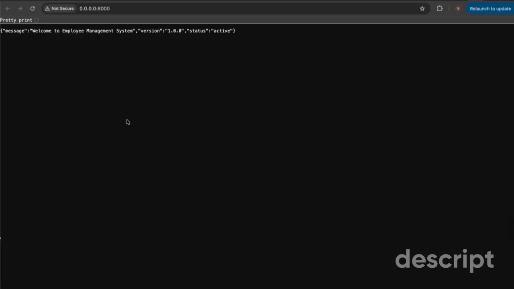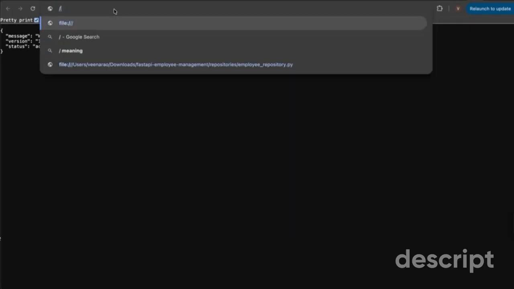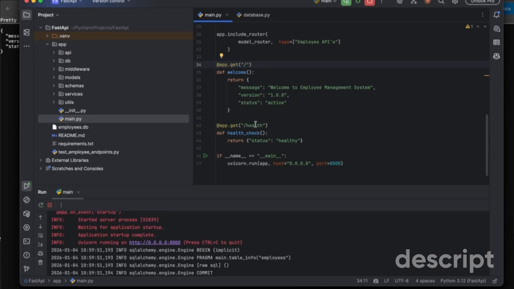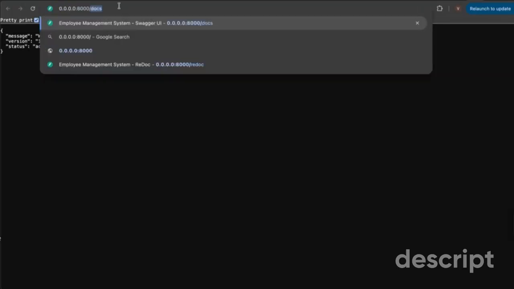So when I click on this, I would see the same information as what I had defined in the endpoint. So this is the endpoint that I have defined on slash. Whenever a user clicks on the slash, this information is printed. And if you want to see what is printed on the health endpoint, we can just click here in the browser and type help. Now you have the information printed as healthy, meaning the application has come up.